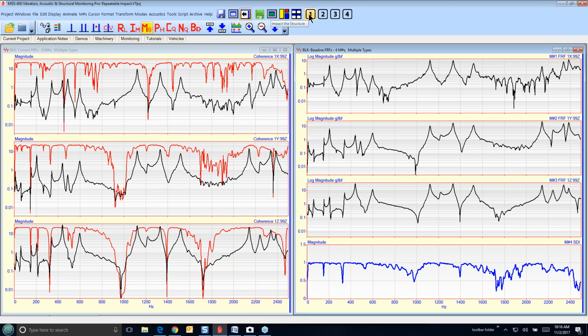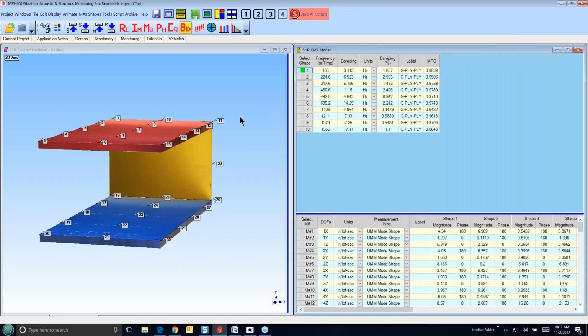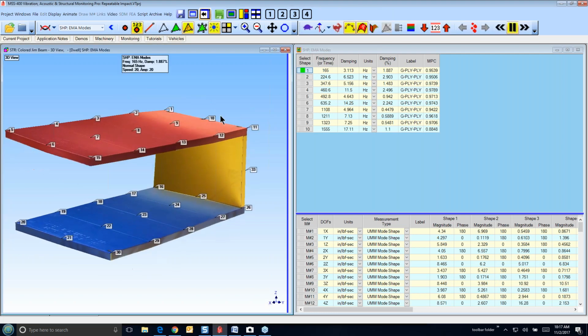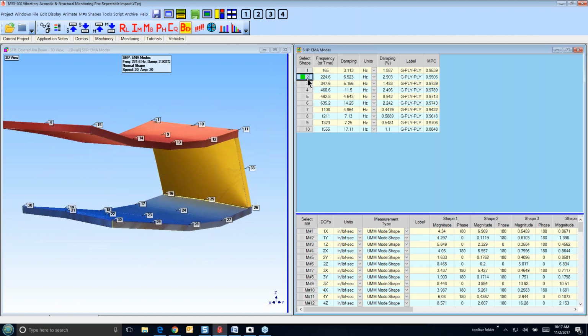Well, let me go ahead and start this. Now I have some hotkeys up here. The first one is for impacting. The second is to reset the baseline. And then I have a couple more here. I can actually animate the mode shapes we've taken off of here.